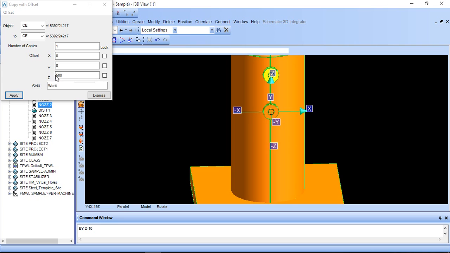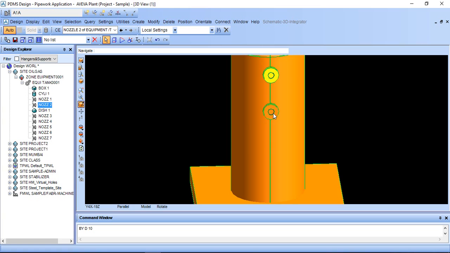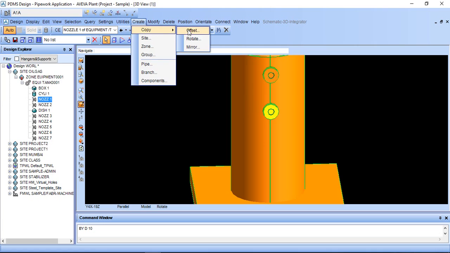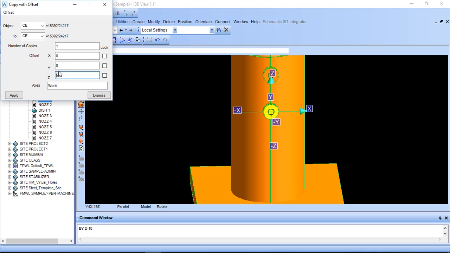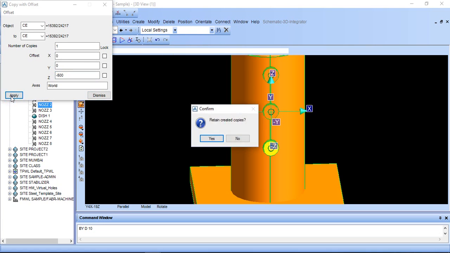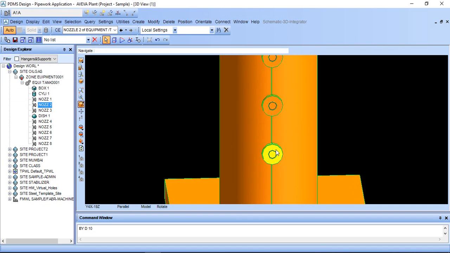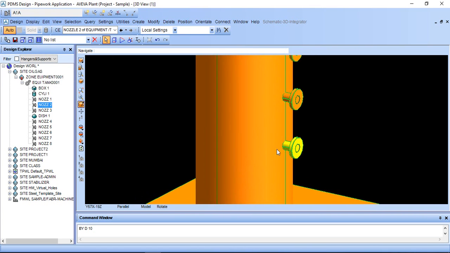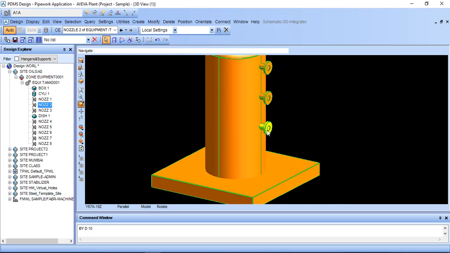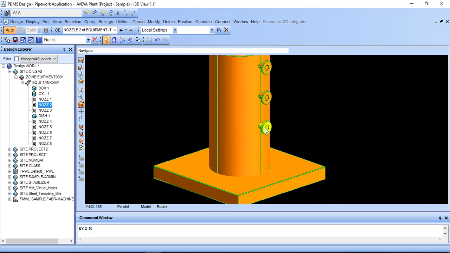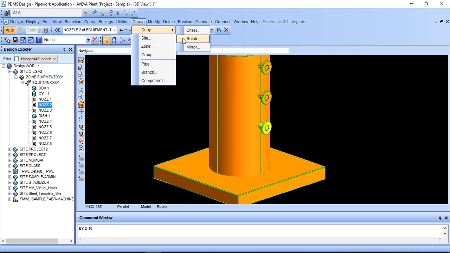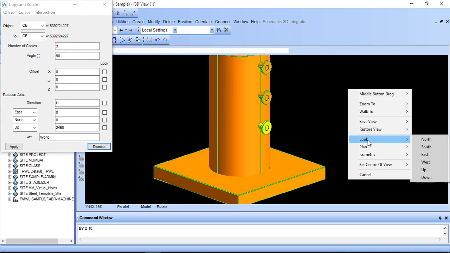Yes, if you want this on downward direction, sorry, first of all dismiss this and just click this and then go to create copy offset and give this minus and apply, created copy. If I want to rotate this through 90 degree, number of copy 3, so just select this copy and after this select copy rotate and just